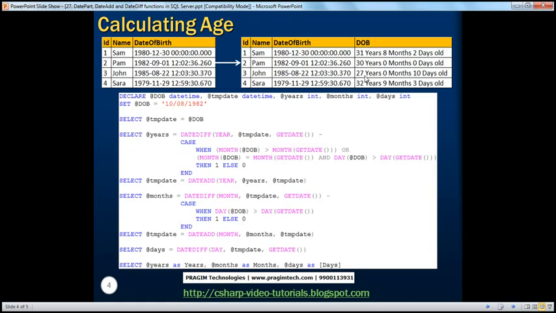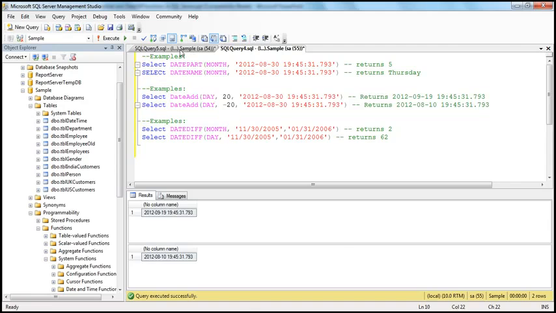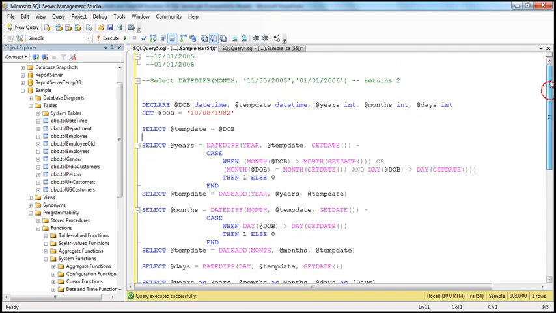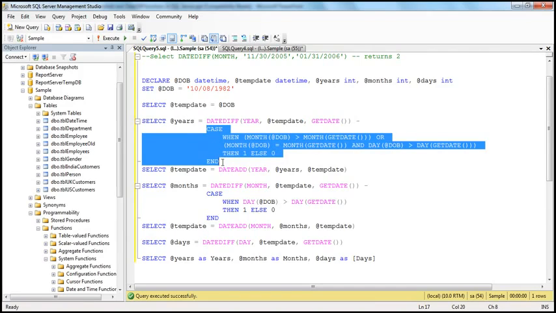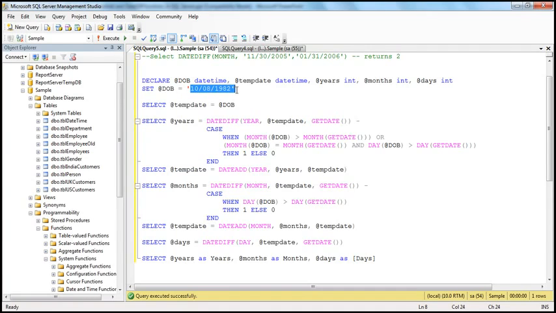Obviously we can use the functions that we have just discussed. I have already written this query so that we don't have to waste time typing, and it's pretty simple to understand. If you look at this query, it seems to be a little big, but the only complicated piece here is this case statement. If you understand the logic behind having this case statement here, the rest of it is pretty simple. So obviously, to compute the age of the person, the simple formula is: